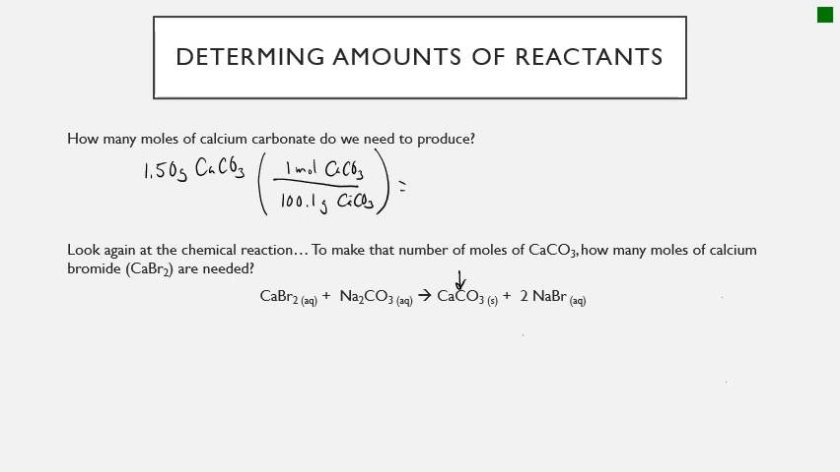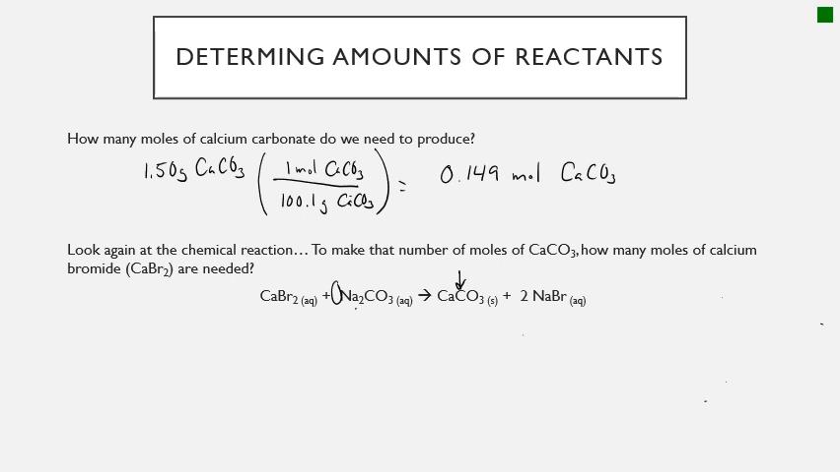Okay, great. So what's the number of moles that we need to make? We need to make 0.149 moles of calcium carbonate. So we can see something already. If we need to make 0.149 moles of calcium carbonate, looking at this chemical reaction, I'm also going to need